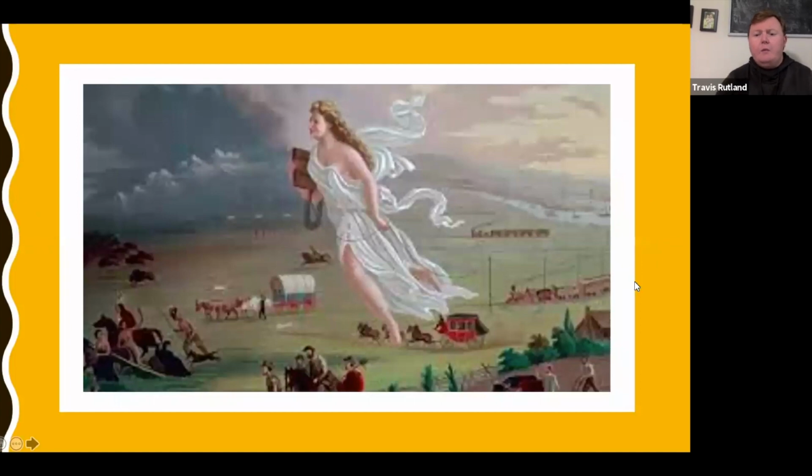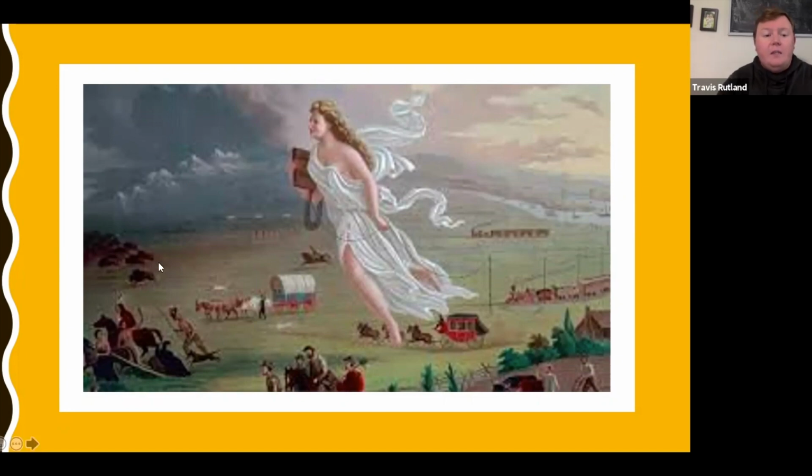All right, so a little close-up of that picture here on the last slide. This is a very famous painting of manifest destiny, all right? And I'll just kind of go through it real quick. If you're looking at a map on paper, okay, west is always going to be to the left. Okay, so we can see here that this angel, okay, who is actually Liberty, she's holding the book just like the Statue of Liberty. She is going to the left of this picture, okay, which would be the direction of west.